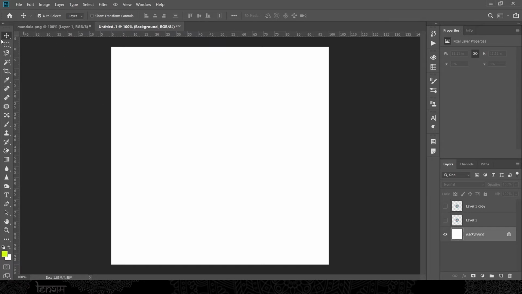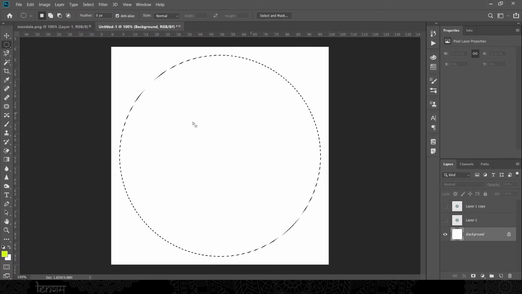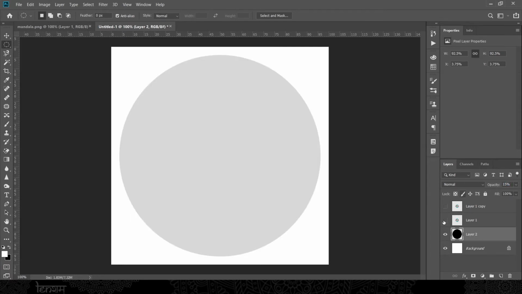But one thing that is important for you to know, that you must fill the pattern in a circle. Okay, let me show you what I'm talking about. You have to fill this document with the PNG files, but try to place all the PNG files inside the circle. As you can see this circle, you need to just put all your PNG inside this circle. And why? You will know that in this video or whenever you try that by yourself. Actually, what I want to say is first let me create a layer with a circular shape for your reference. Now I am creating multiple layers to fill the base layer with the PNG file that I created earlier.